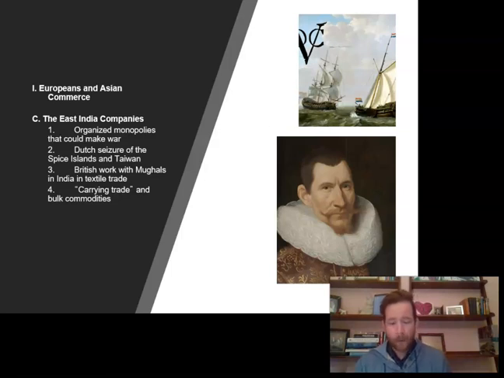Now, the Dutch displayed their organization, determination, and ruthlessness when they seized the Spice Islands in order to establish a monopoly of cloves, mace, and nutmeg. Sounds like a pumpkin pie to me. Now, one of these islands, the Banda Islands, or a series of islands, the Dutch killed, enslaved, or let starve some 15,000 inhabitants. Not a good thing, right? They destroyed the crops of farmers who would not cooperate with their planned monopoly. And that just really emphasized the fact that the Dutch were in it for wealth, not necessarily any sort of relationship with the indigenous peoples.